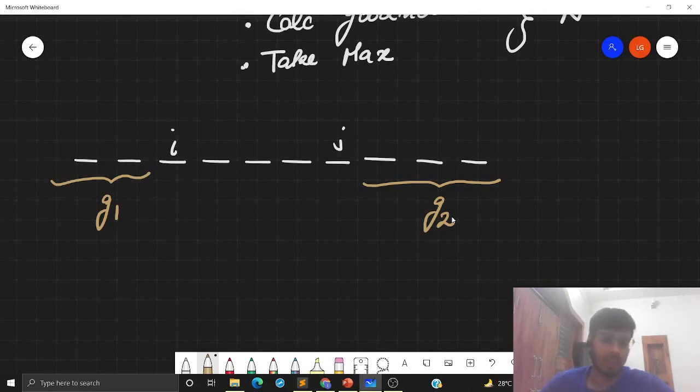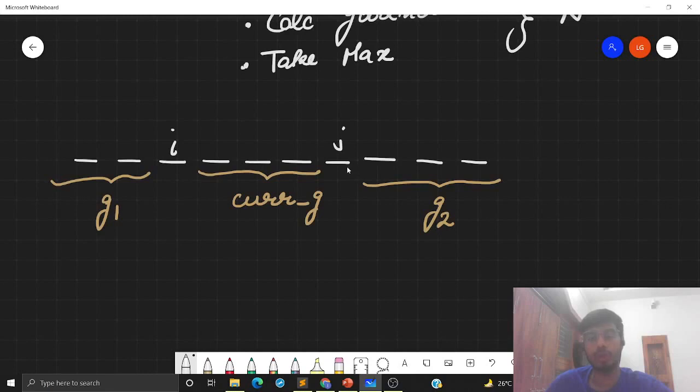Now I have this third part. I need to calculate the GCD of this third part. Let's say the GCD is current G. How we can calculate it, we will see soon. And my fourth part is these two values, which will be AI multiplied by AJ.